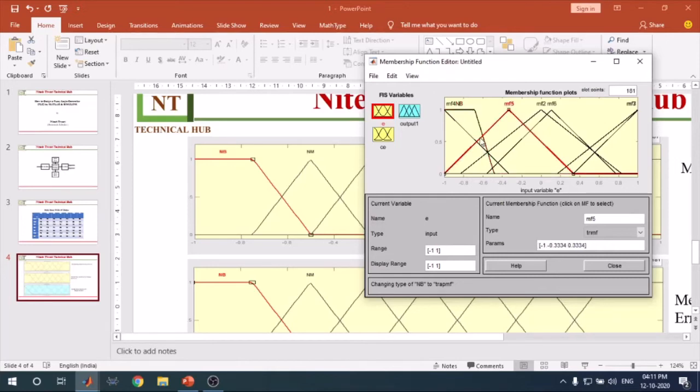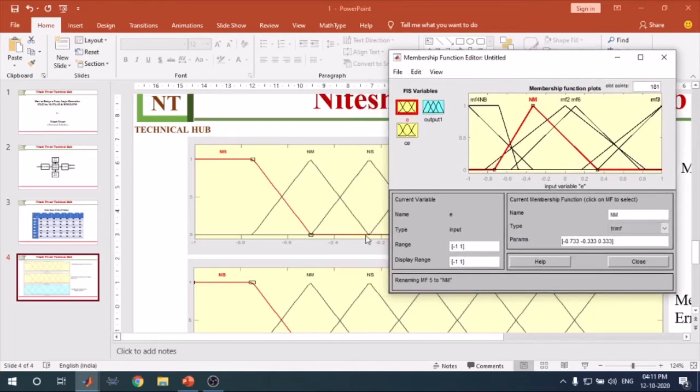After that, you have to select another membership function and rename it as negative medium. So you write nm. You see this membership function starts from a value between -0.7 to -0.8, and its final value is something greater than -0.5, around -0.2.